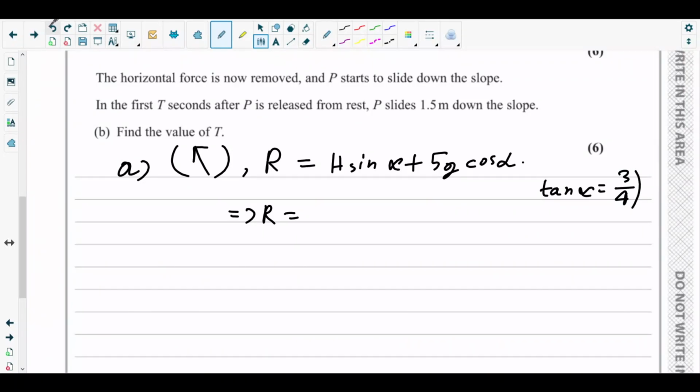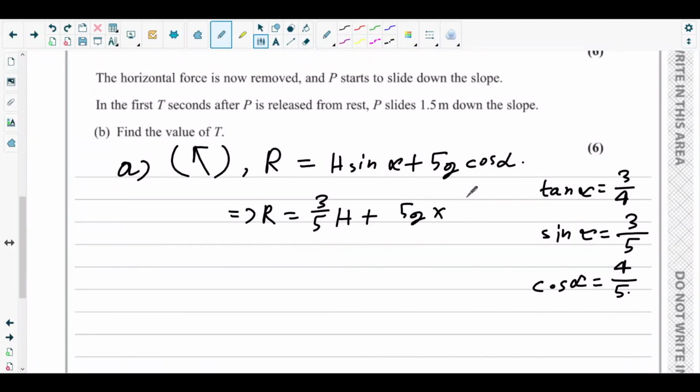Okay, so sine alpha would be what? Tan alpha is opposite side over the adjacent side, so opposite side is 3. So sine alpha is opposite side over the hypotenuse, so hypotenuse is 5, and cos alpha would be adjacent side, which is 4, over the hypotenuse, which is 5. Fine. So H sine alpha is 3 over 5 H plus 5g cos alpha. This is 5g times 4 over 5. Okay, so the normal contact force R is 3 over 5 H plus